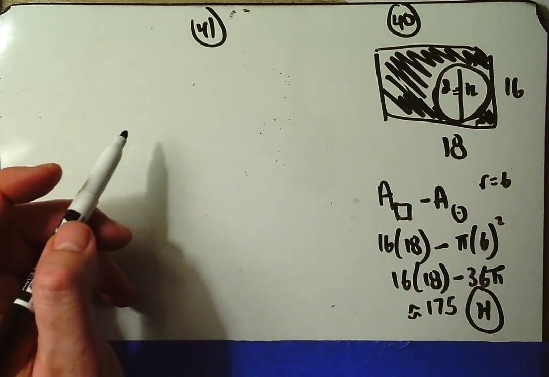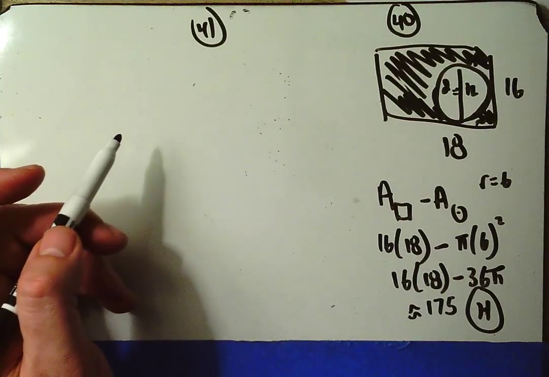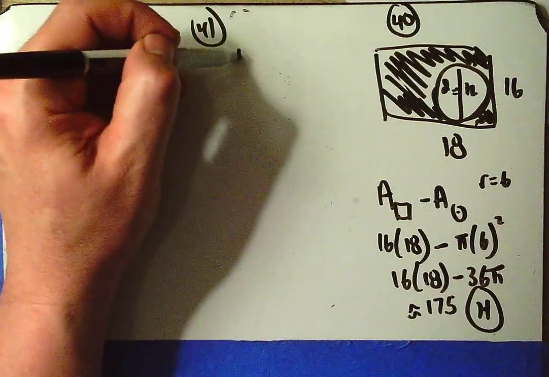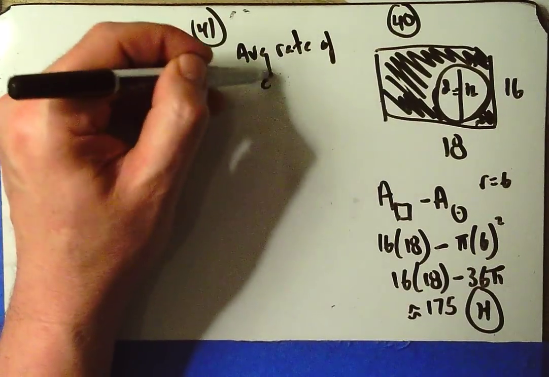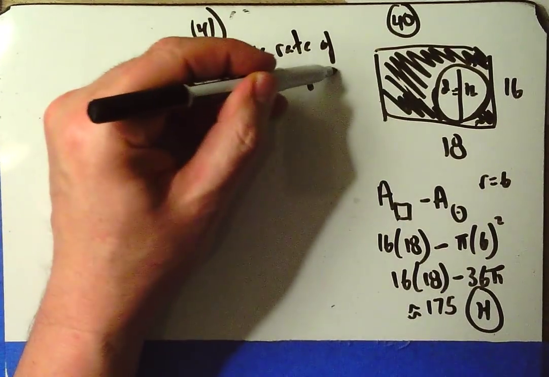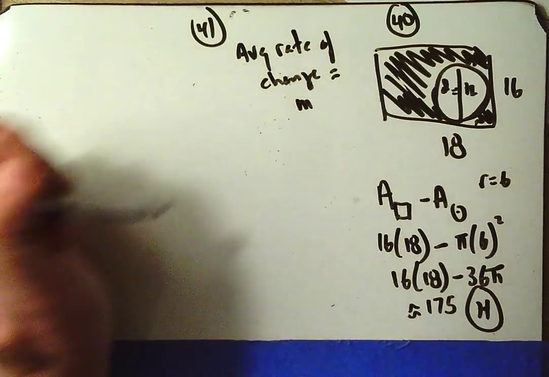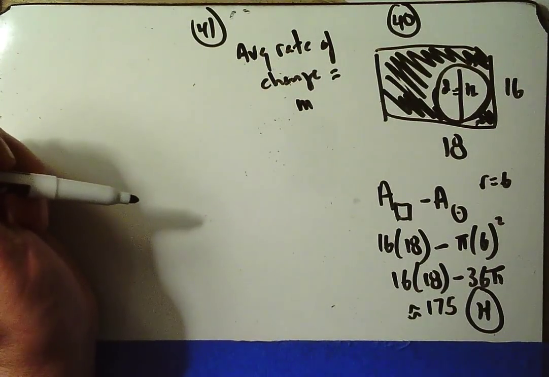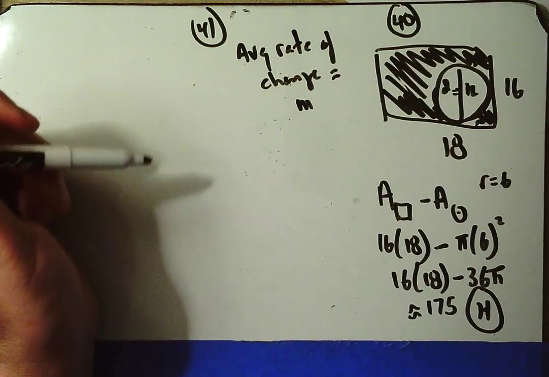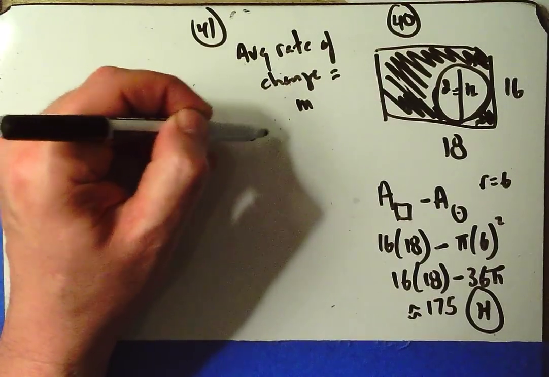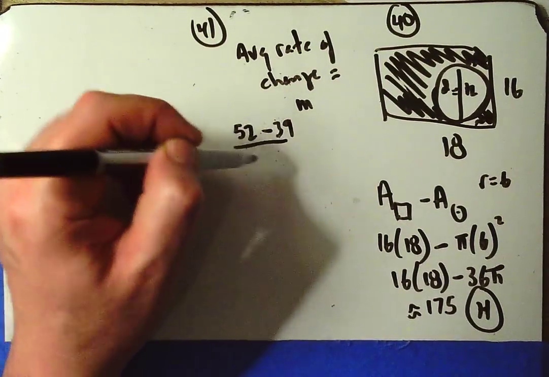Question 41 says, which of the following intervals is the average rate of change the greatest? Well, remember that average rate of change is a synonym for slope. So when they ask me where the average rate of change is greatest, they're asking me when the slope is most positive. The slope looks most positive between 13 and 14 minutes, and so that's 52 minus 39 over